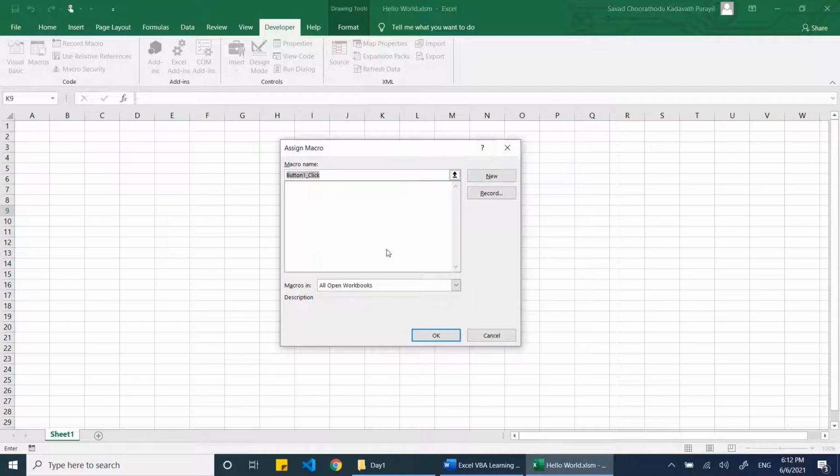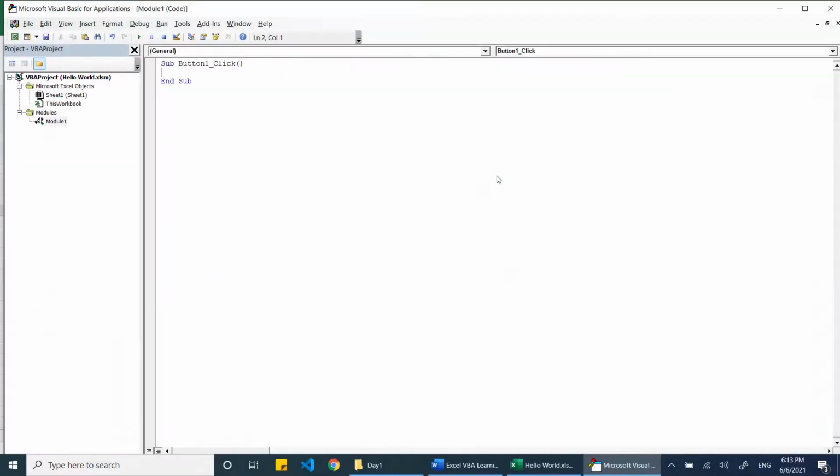Immediately you get Assign Macro. So click on New. Now the similar code. You can see Sheet1 is there, workbook is there. Whichever element, the button is an element which we created, comes under the module. You can see the workbook, our earlier code is available here. Now in the module, the name of that button is Button1. We will see where the name is. And when we click Button1, what we want to happen. So again we write Hello World. This is the message that will show when we click Button1, when the event is happening, Click.